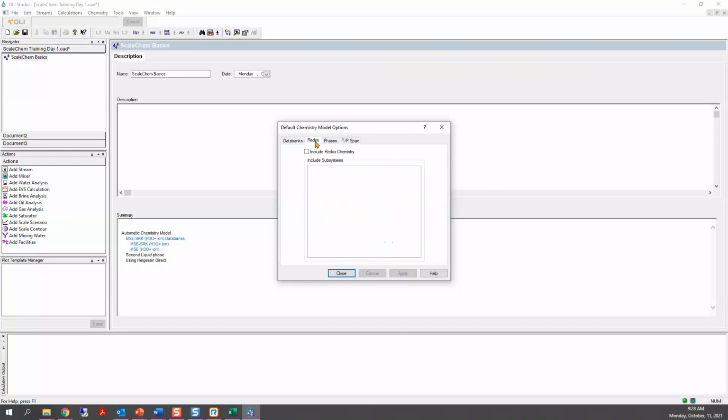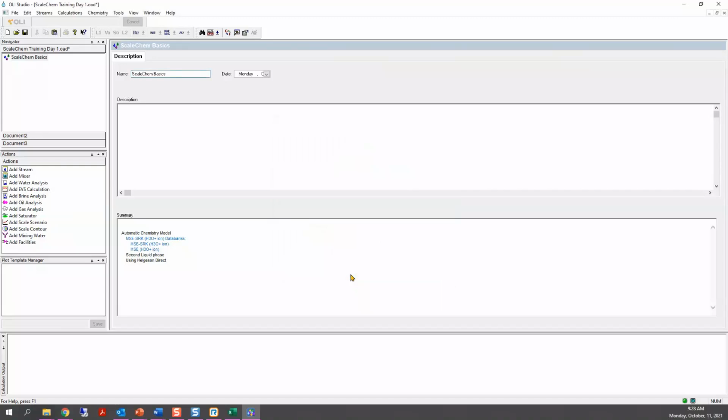Another thing, for redox, we're not going to change anything here. For phases, make sure that you have all the phases included: the aqueous phase, vapor phase, solid phase, and second liquid phase. And everything else by default. And then simply close. And that is, we have set up the thermodynamic framework.